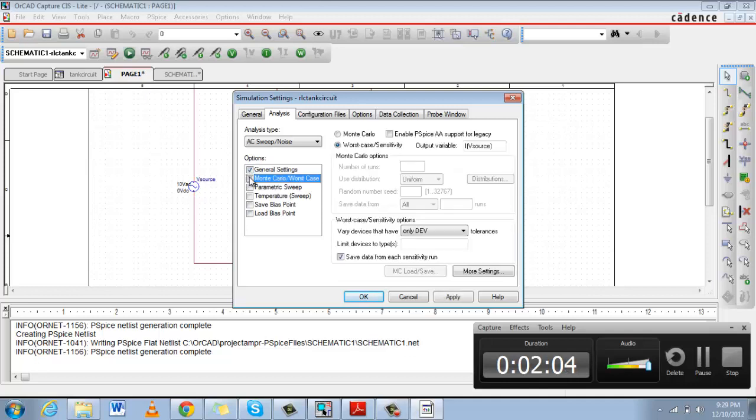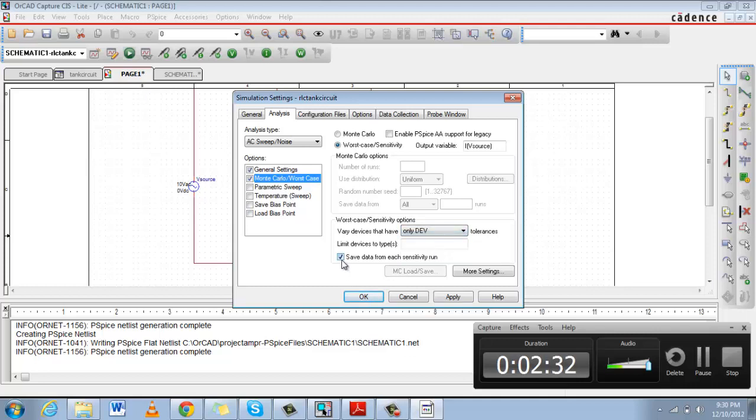And the Monte Carlo analysis option is selected, where we select the worst case sensitivity analysis, and the devices should be varied as dev, not as lot. Dev means each of the components is varied discretely, and when we select the option lot, the entire circuit is varied together. But here we are trying to vary each of the components independently, so we have selected dev.